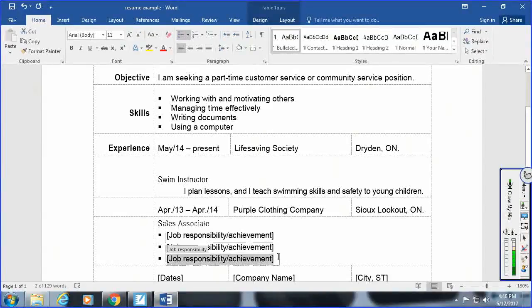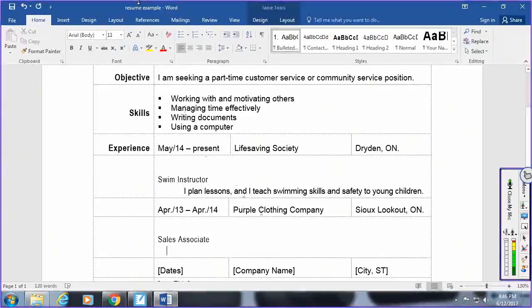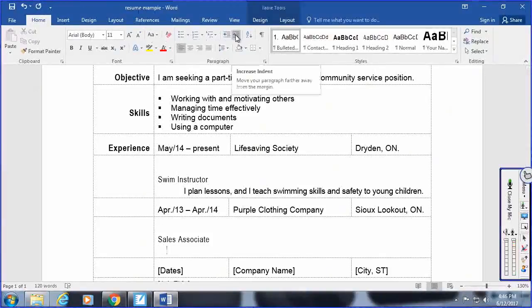And we're going to get rid of these. I'm just going to make one full sentence. So delete, delete, delete. Increase indent. And I type it in. I assisted. Why is it in past tense? Because the first one that I listed, the swim instructor, this person is still doing that job now. But when it's a job that somebody had in the past, you want to use the past tense to describe it. I assisted customers,